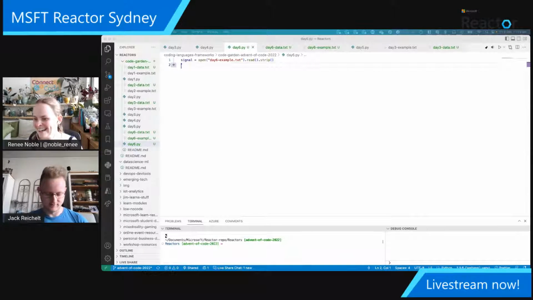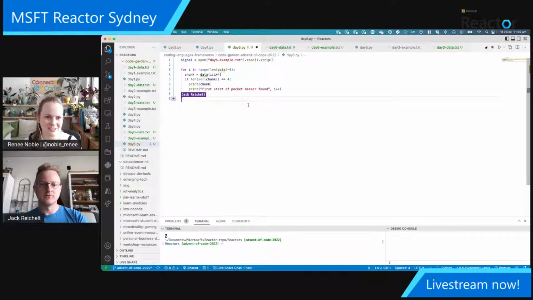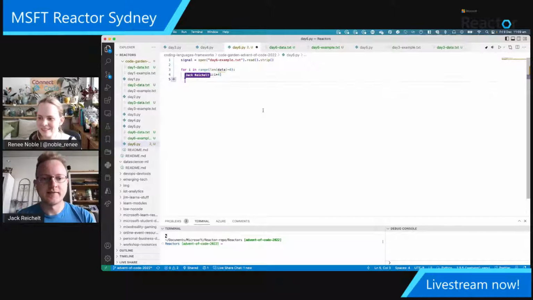Absolutely. So I guess we want to start by just going through our data, Jack. Do you want to chuck in your for loop that you have available? I think your code is basically identical to mine. So sometimes you just end up with the exact same solutions to something. Yeah, so let's not spoil everything just yet. But